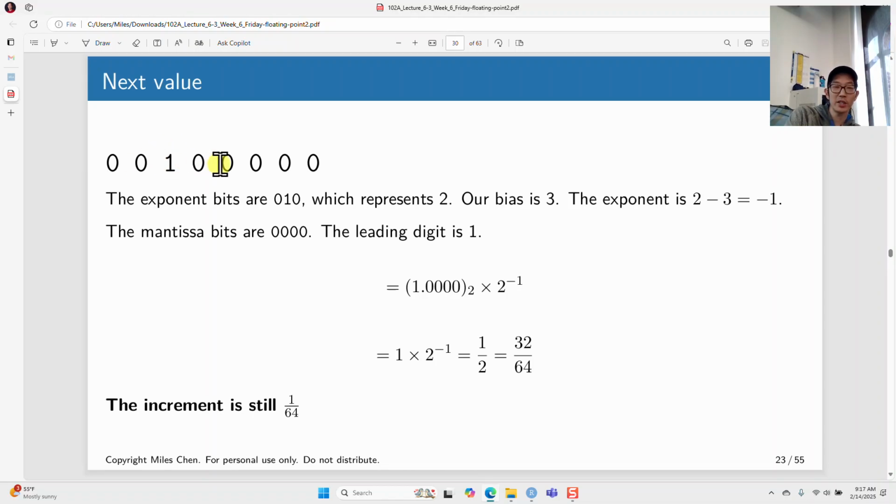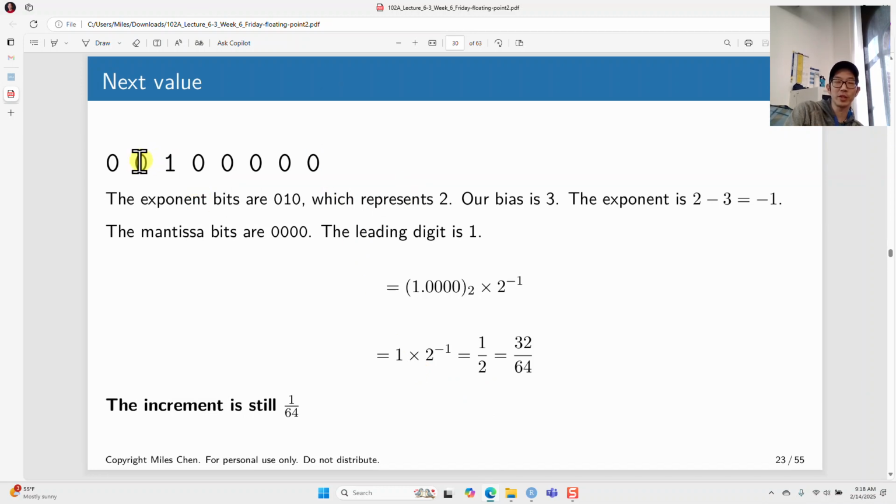0, and then here I have 0, 0, 0, 0. Okay, mantissa bits are all zeros here. Exponent bits 0, 1, 0. Okay, leading digit is this, so this is 32/64, 1/2. Okay, now if I add a 1 here,